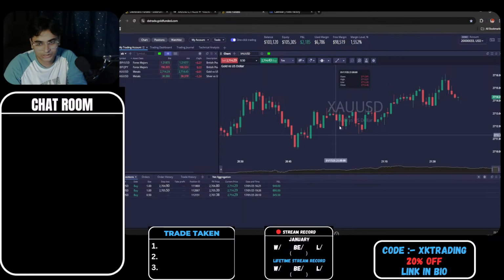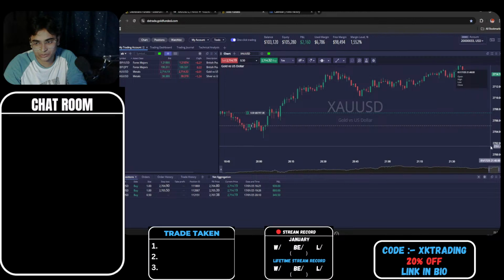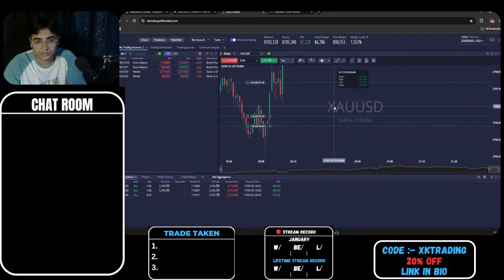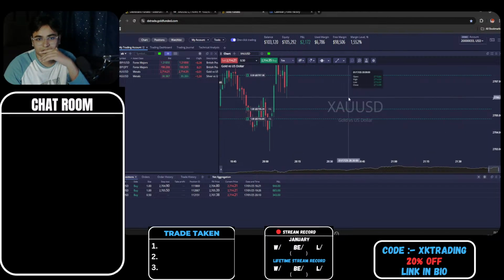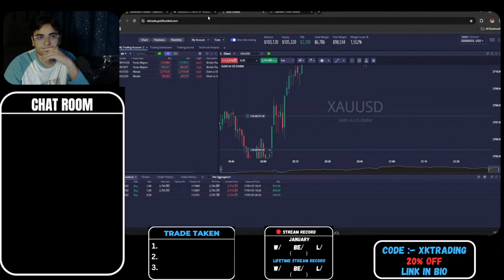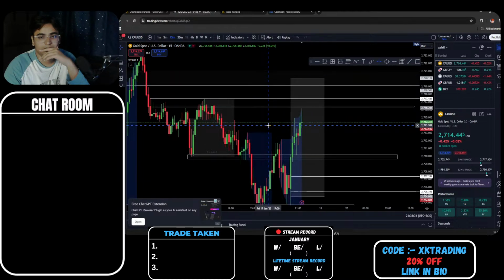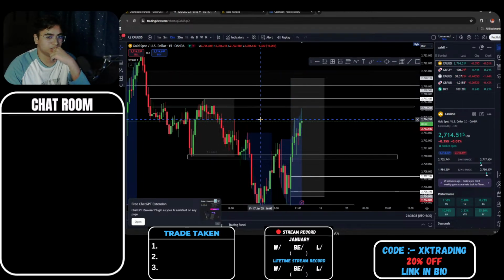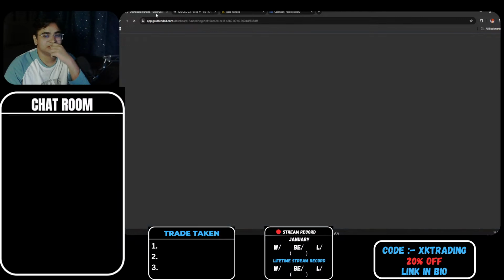Okay, guys. So first we have some position at 0.50, which will be closed if we break below the structure, which is 2705.70 or so. Or maybe I should put everything at break even. What do you say? How much can I make if I do not close this trade? I'll be making more than 6%.